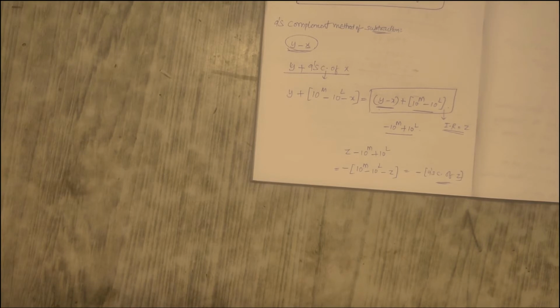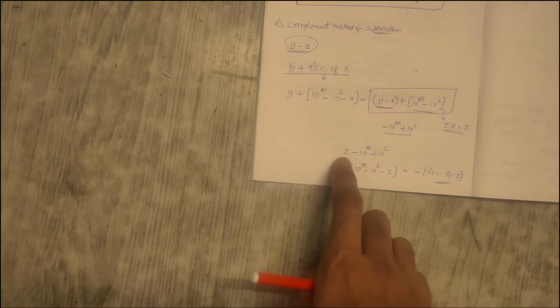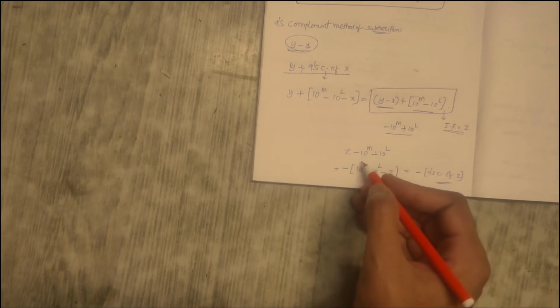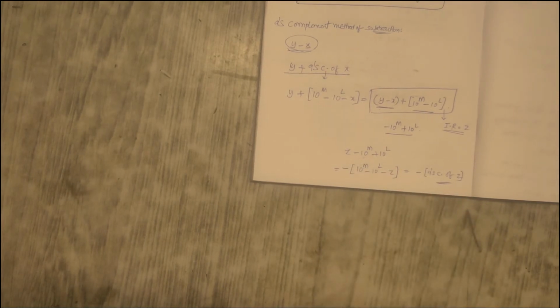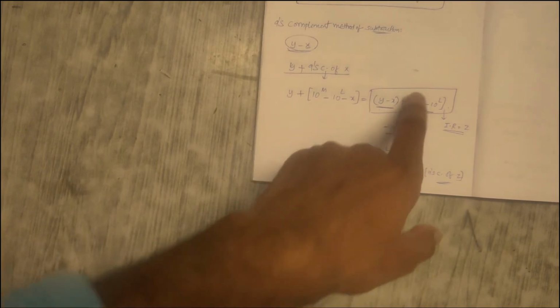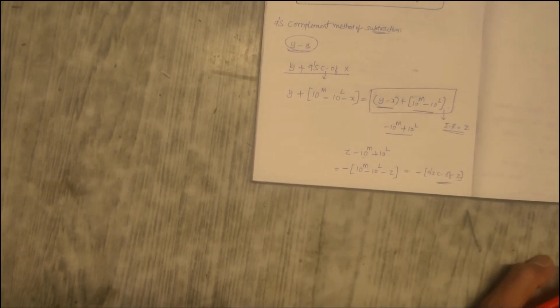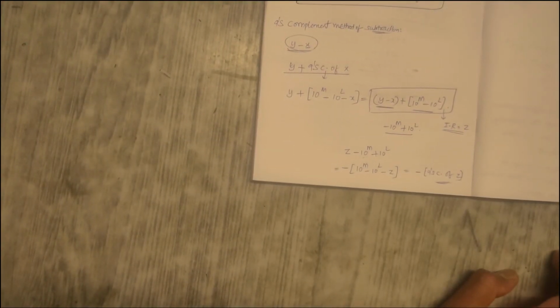Now this makes you understand what is actually happening in the 9's complement method of subtraction. We find the 9's complement of the subtrahend and add it to the minuend. In the intermediate result, if there is a carry out, it means that 10 power m is already emitted out in the form of carry. So already 10 power m is subtracted from the intermediate result. What we have to do is just add this 10 power l. That is the reason why we do end around carry. We take that one and add it to the LSD position to get the correct answer, right?